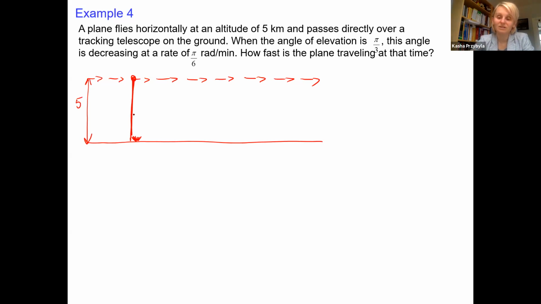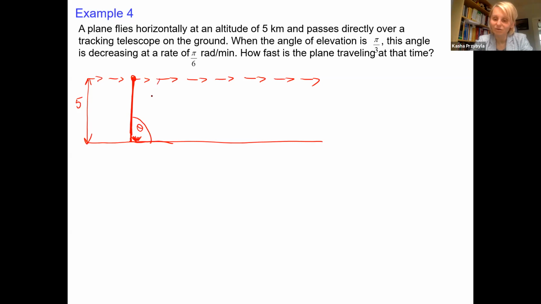Okay, but at this moment, the line of sight and the ground make the angle of elevation. You can imagine that you are on the ground and you see the plane directly above you. That means it's 90 degrees. And then of course you're trying to keep track of the plane with your eyes, but the